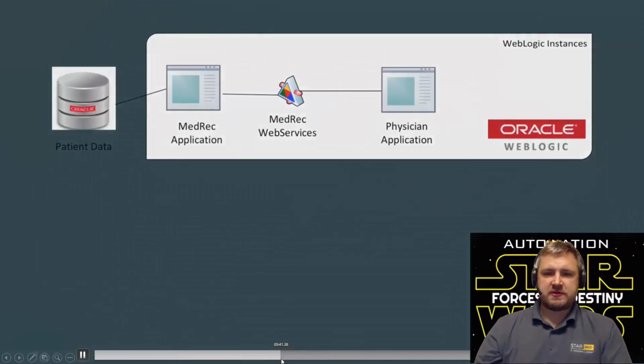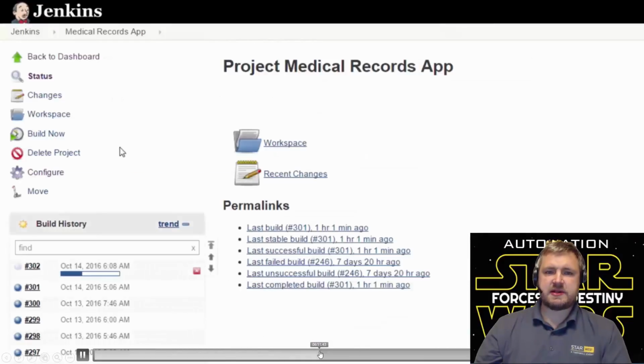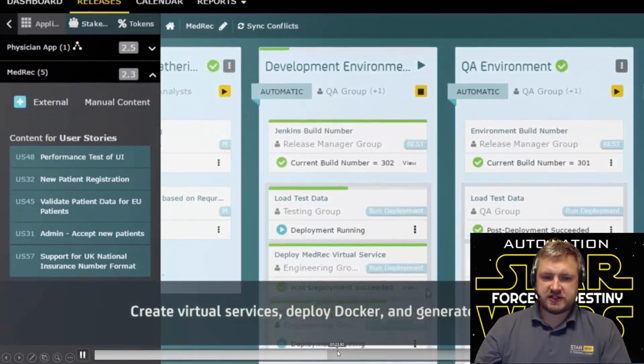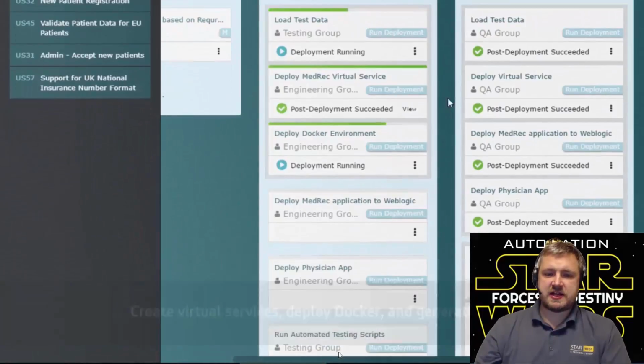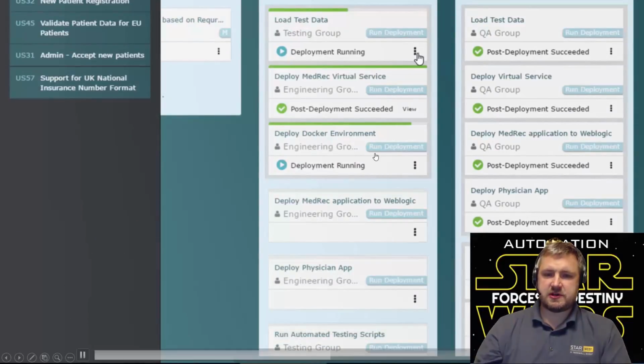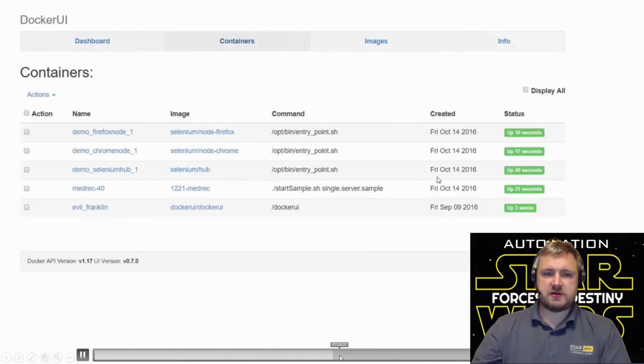It would be worth going through this in a little bit more detail when you get a longer period of time, because it includes not only your standard builds, but it also features virtual services. So it also gives you your SV and NV. It also gives you some Docker examples of running Selenium scripts within a Docker UI.